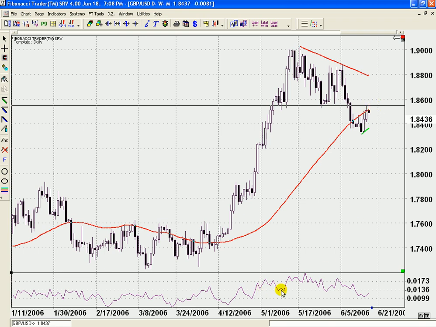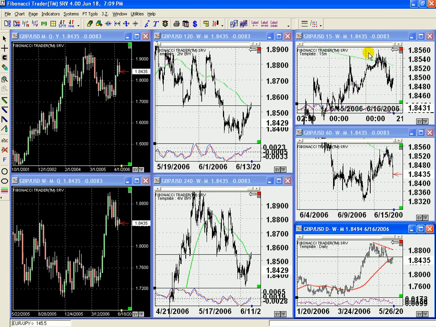Down here we've got our average true range, and we see that during the trend the ranges were quite large at the time. They were actually almost as much as 200 pips up here, but the ranges have since declined. The daily range has declined to down around 120 to 130 pips on a daily basis. As you can see here, these daily candlesticks are quite small, so the daily ranges have constricted for the time being. Let's go down to a 4-hour chart